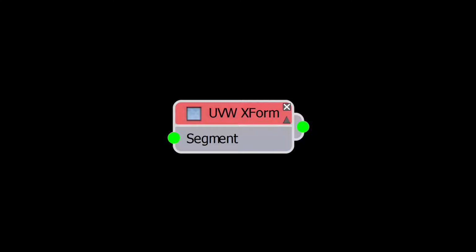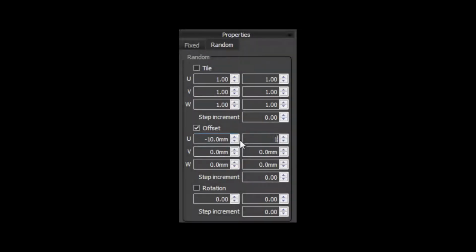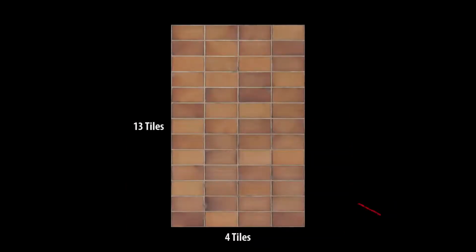In the Railclone 2.4 feature tour, we showed how the UVWXForm operator can be used with a random offset and step parameter to grab individual tiles from a texture. The problem here is that while you can enter offset values separately for both the U and the V offset values, there's only one step parameter that's used for both axes. This is great as long as the texture has an equal number of tiles, but if the number of tiles is different on each axis, then the textures won't align with the segments correctly.